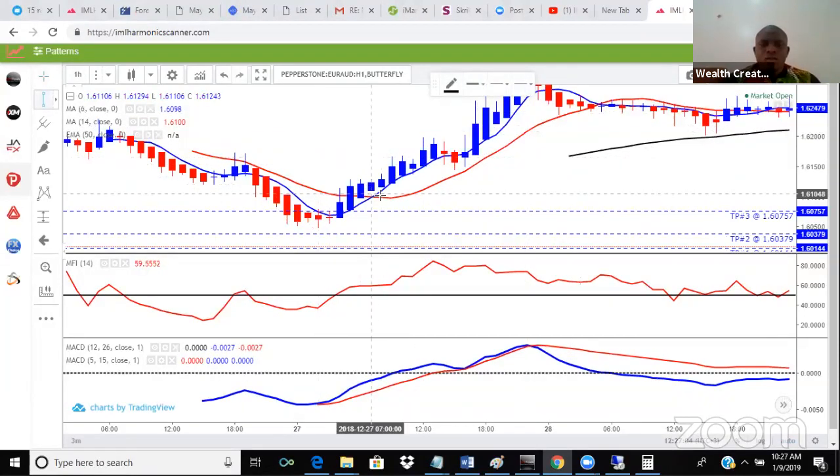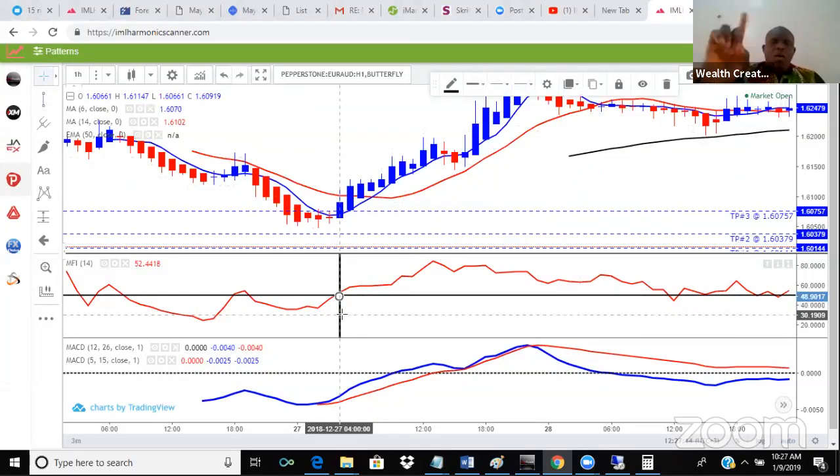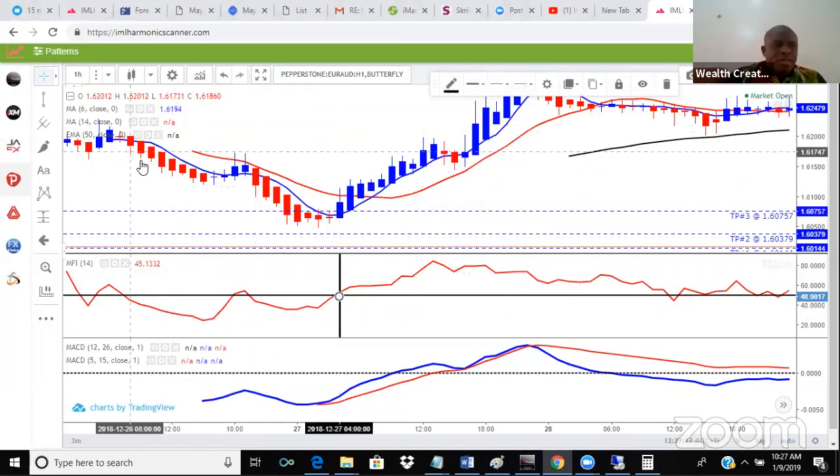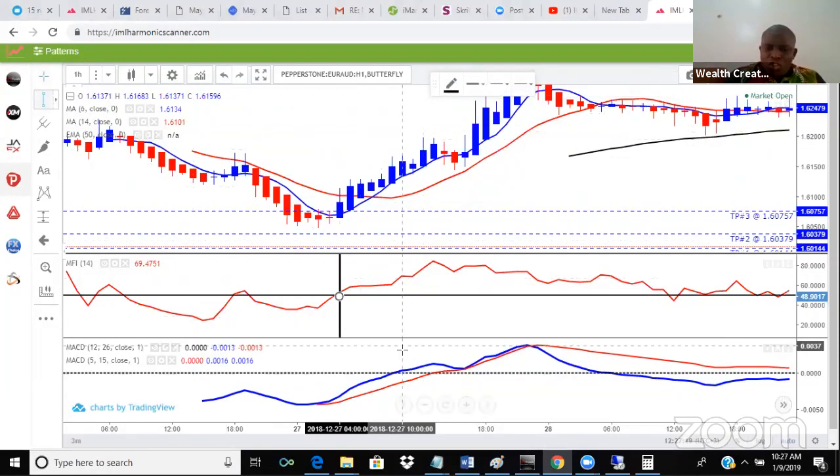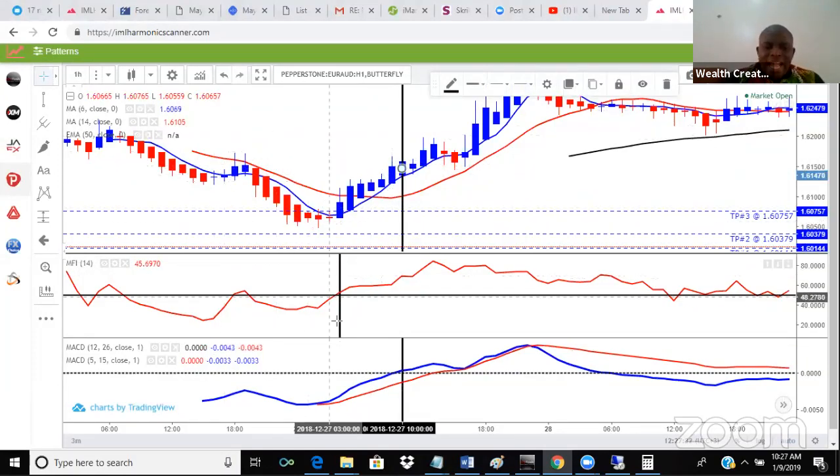I will enter, because here now, the money flow has given us a cross-up. Number one condition, I'm waiting. My MACD blue has crossed up my condition, and the alignment of my red, blue, red, black is here. So I won't enter here. I won't enter here. I won't enter here. I will enter when the MACD crosses.